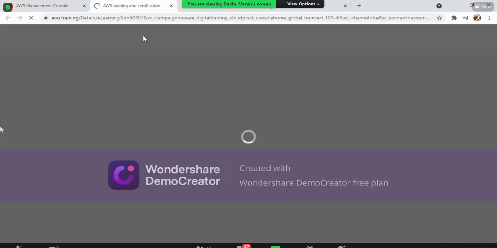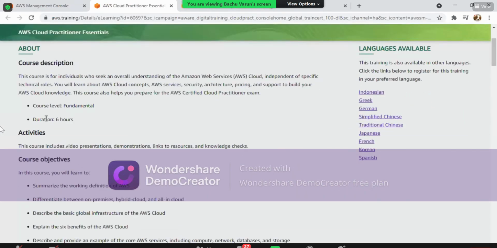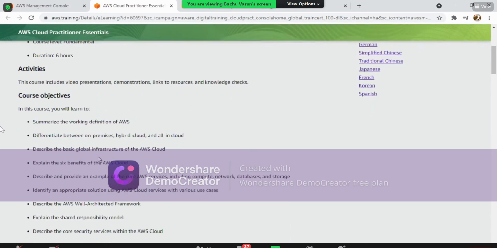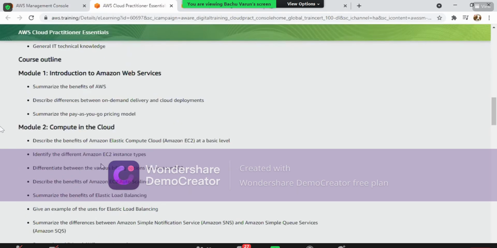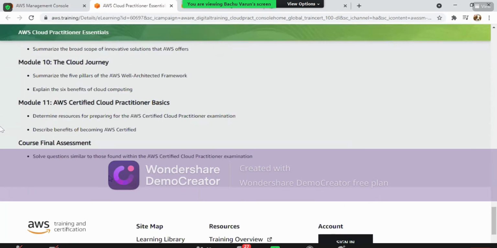I am showing you the AWS training and certification page, which is free of cost. You can see what courses are available here and what the duration is. You can see what languages are available; mostly we'll select English. Apart from English, these are the available languages. These are the list of modules available here.